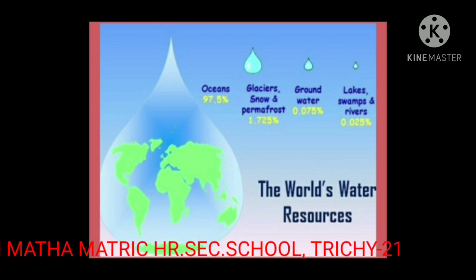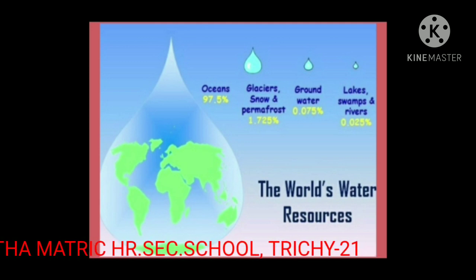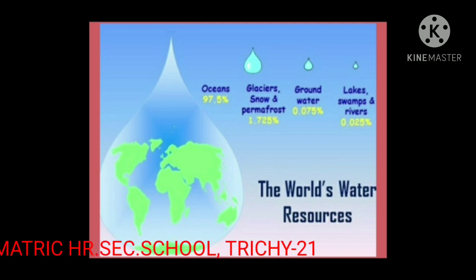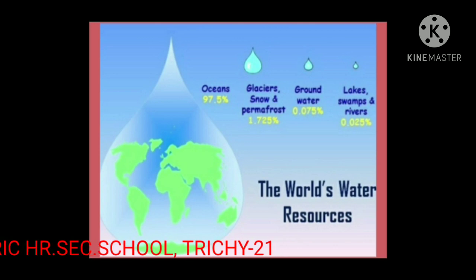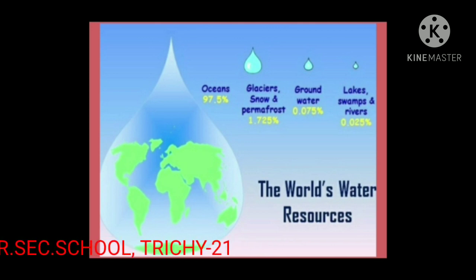Do you know, children, which country has no river? The smallest country without a river is Vatican City with a land area of 0.171 square miles. It has no lakes, rivers or mountains and depends on Italy for its water supply.